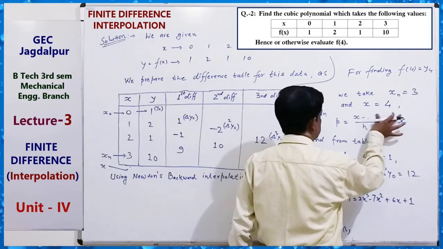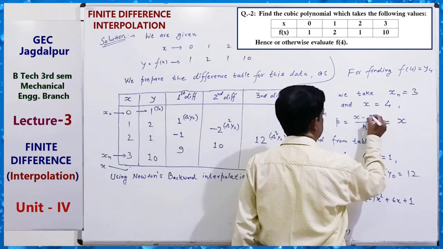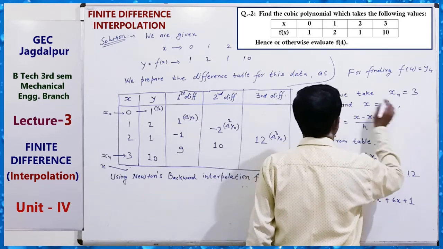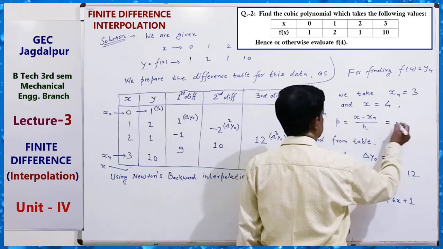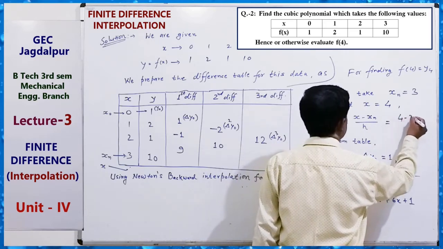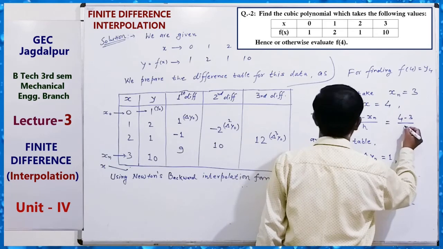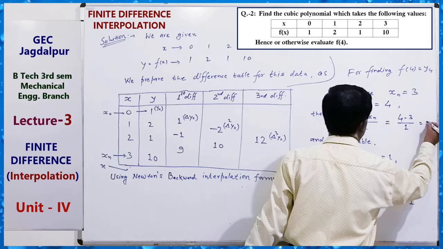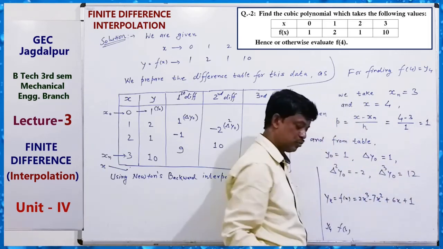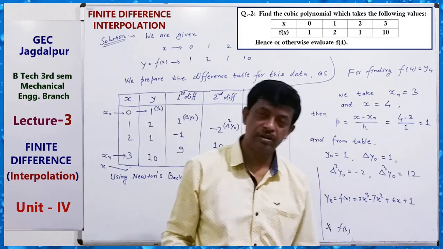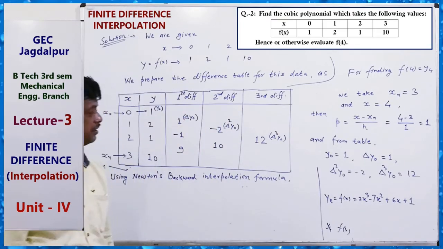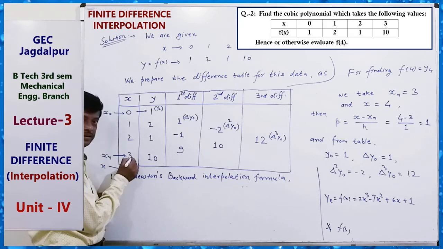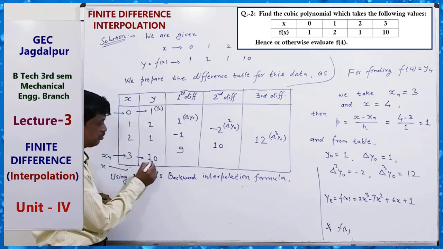Then p equals x minus xn upon h, which means 4 minus 3 upon 1. p equals 1. Here p equals 1. Clear? And if this is the origin, then this is yn,